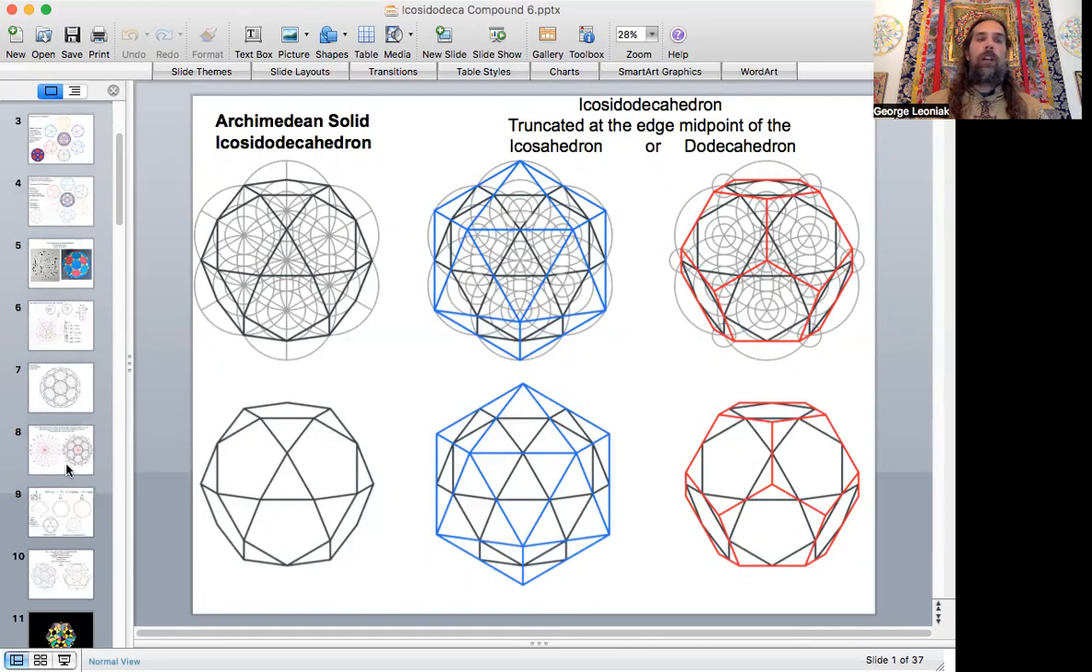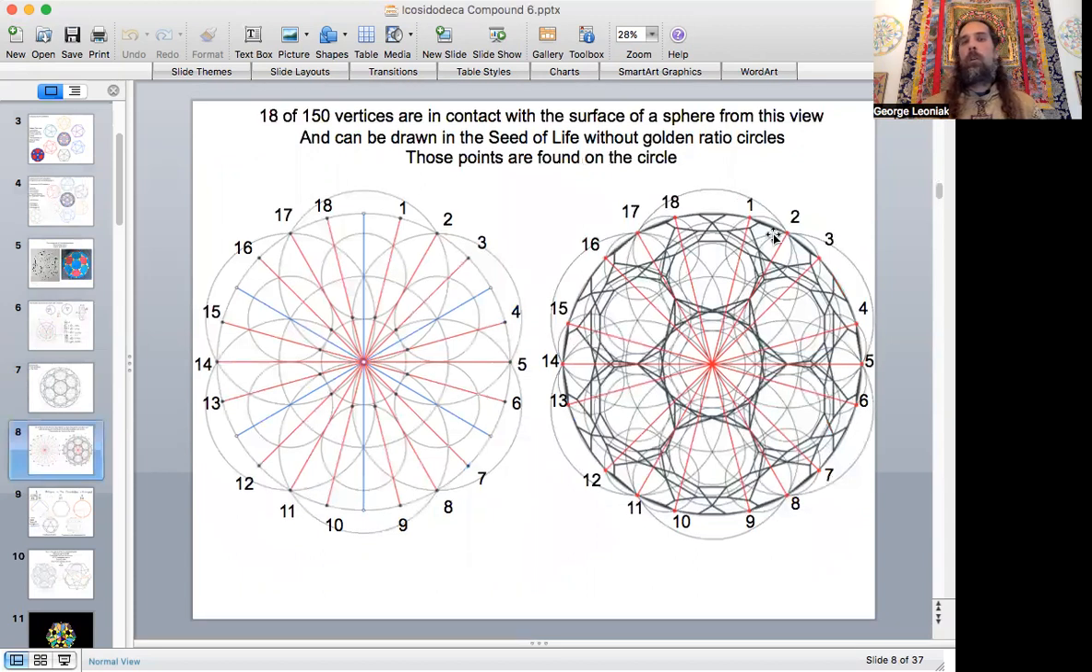So I wanted to find out what was up with the whole form, how many vertices were in contact with a sphere, because there's 150 vertices that are in contact with the sphere. And remember, there's 6 Icosidodecahedra around it. So from this hexagon view, it picked up 18 vertices that go around in this type of arrangement. Now, it was very surprising to me how amazing this was with just the basic seed